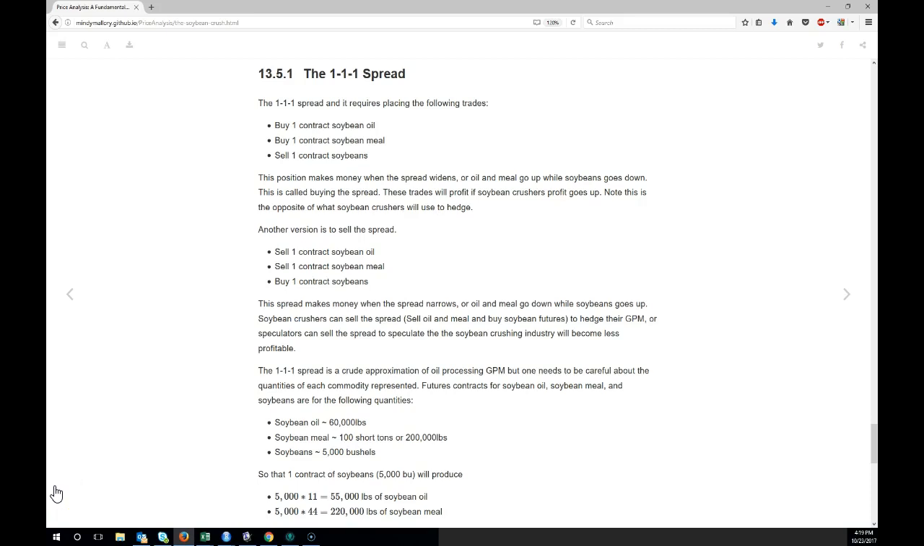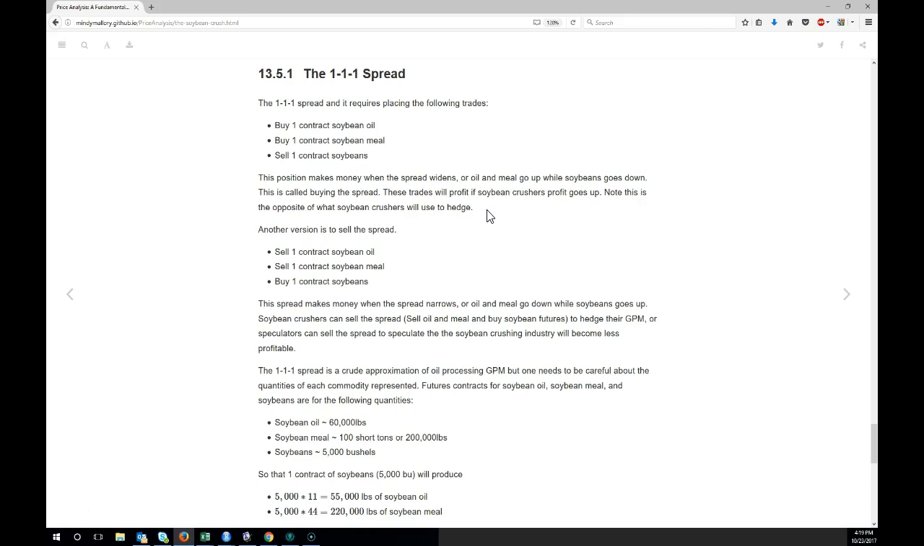So let's talk about what I mean by getting the proportions right. For a second, we're going to focus on the 1-1-1 spread. In the example I've got here, we're going to buy 1 contract soybean oil, buy 1 contract soybean meal, and sell 1 contract soybeans. So notice that this is the opposite of what a soybean crusher would use to hedge. But this is a trade that a speculator might use,